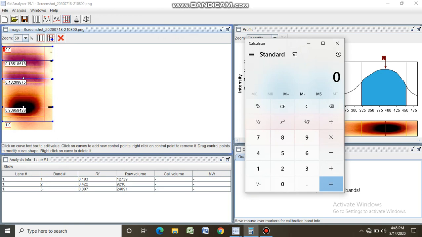First we'll take the first compound, that is 12,739 divided by 62,012, times 100.